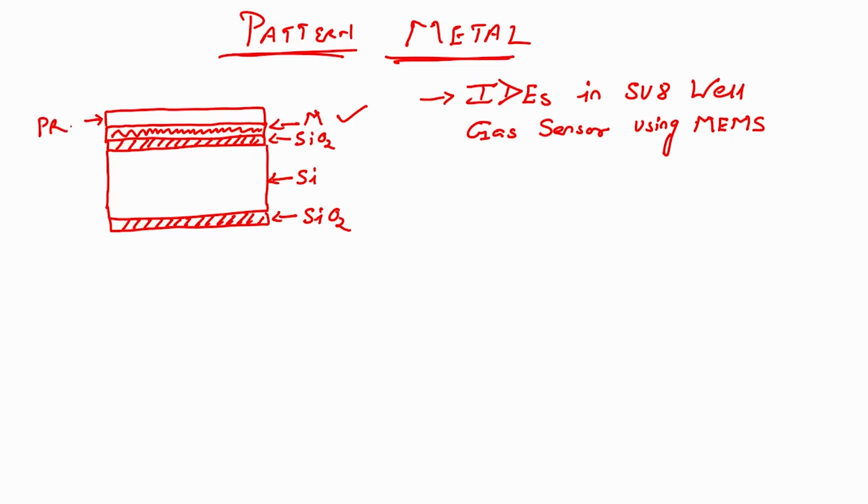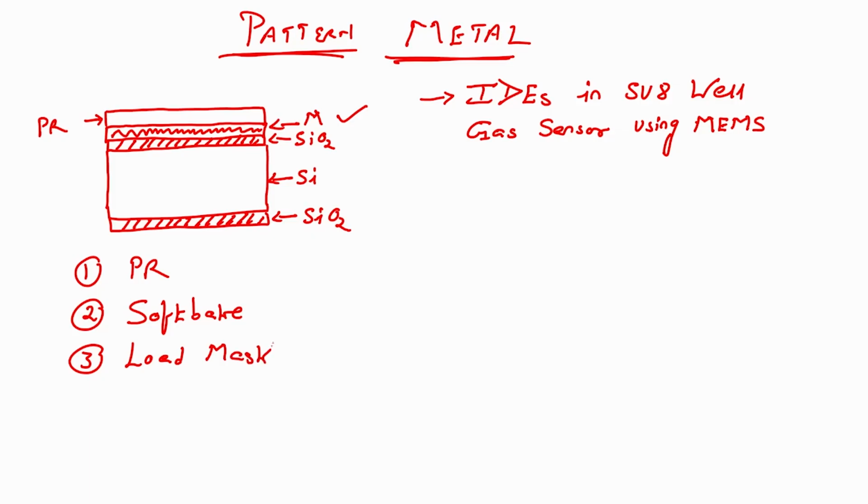photoresist, right. Then you know what is the next step after spin coating. Step 1, spin coat photoresist. Step 2 is soft baking, right, soft bake, 90 degree, 1 minute, hot plate. Step 3, load mask. So, we will load the mask, right, mask of our desired pattern,